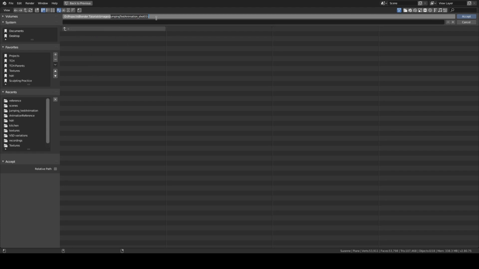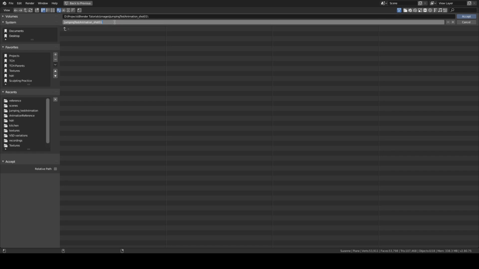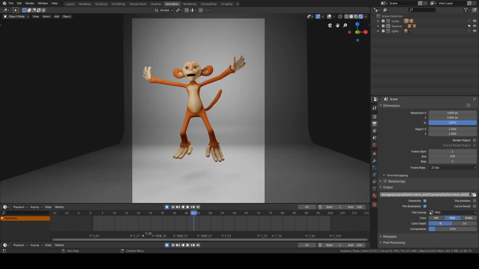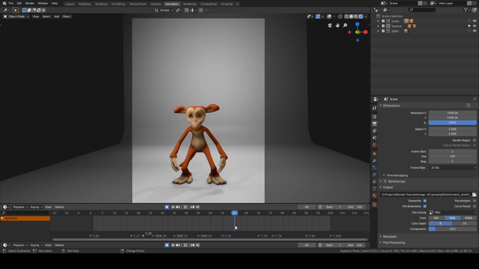Let's just go and copy that. Shot 1, I'm going to put an underscore here and go accept. And this little extra underscore will now just give us a little bit of a gap, because Blender will automatically go and add our frame number after that underscore. Okay, so let's just go and give this a quick save, and let's go up to render and go and